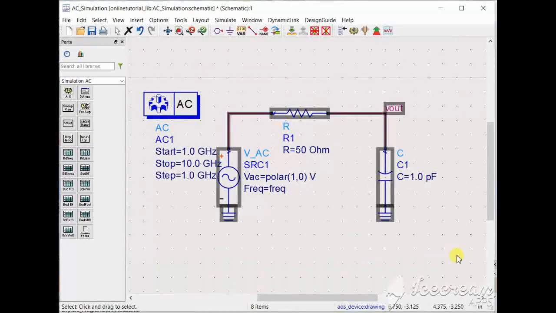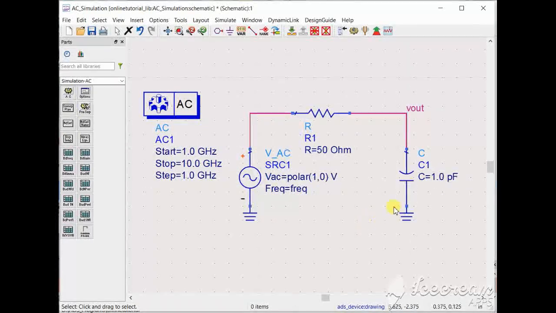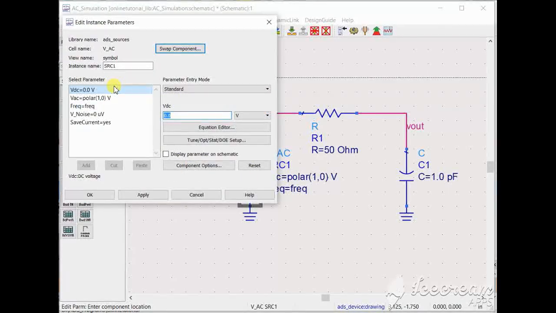So I have not modified any of the parameters yet. So let us have a capacitor here 1 picofarad. Let the R be 50 ohms only. And this VAC, this is the AC simulation source. So you can define an offset value here. You can define the AC value in the polar form.